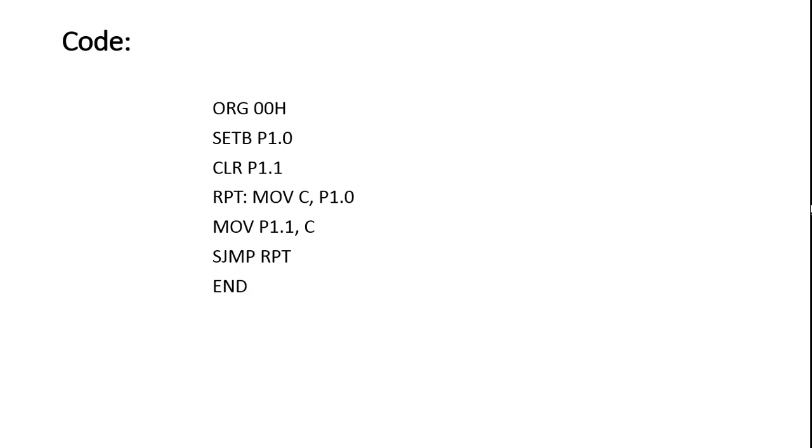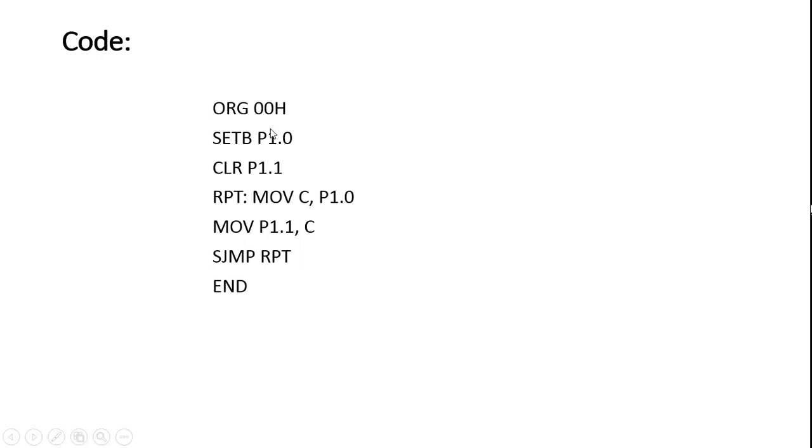Okay, this is the code which you would have seen in the previous lab as well. So as I already mentioned, ORG 00H and the last line END are two directives which tell the microcontroller where the code starts and where the code ends. ठीक है, ORG 00H tells the microcontroller to start placing the code starting from the first memory location, and END tells the compiler that this is the last line of the code.